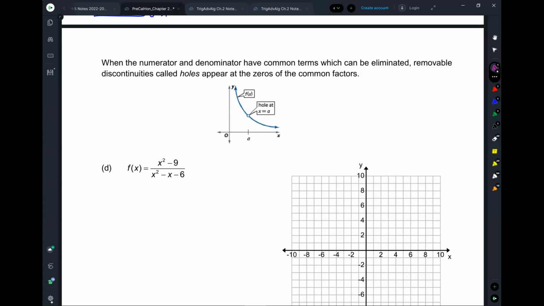Yeah. How would we find the zeros within a group? Well, quadratic formula. Oh, okay. Yeah. Okay. So